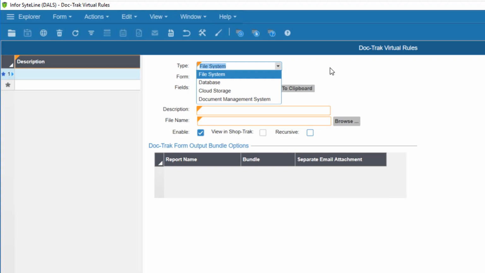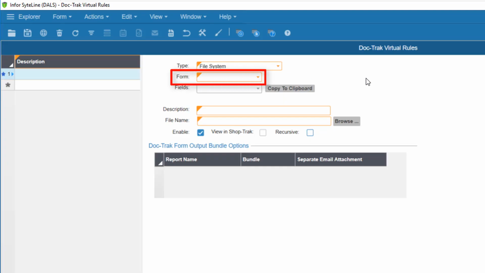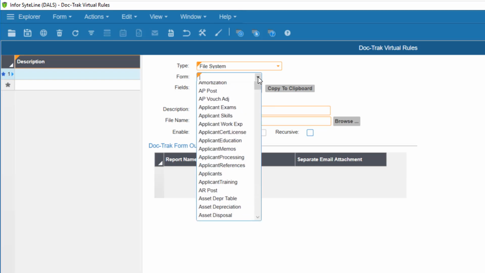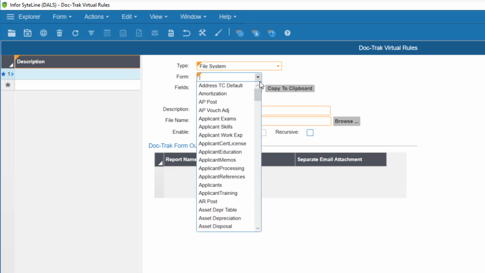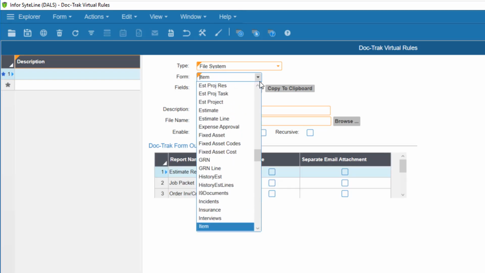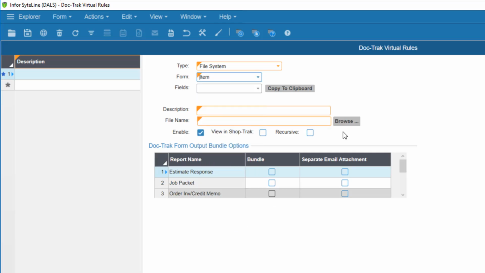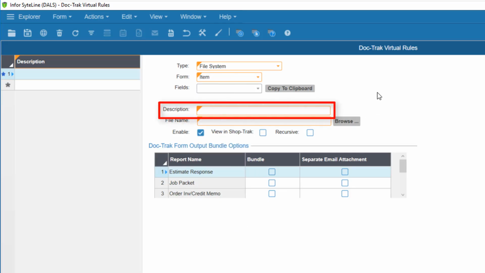All of our pictures are on the file system, so we'll leave it as the default setting. Next is the Form field. They want me to attach the pictures to the item records, so I'll select Item from the drop-down box. For the description, let's call it Item Picture.